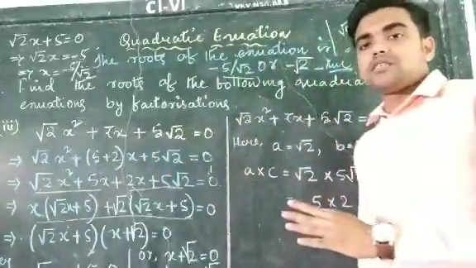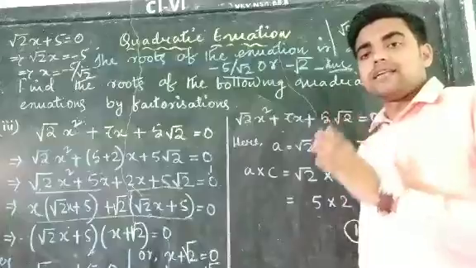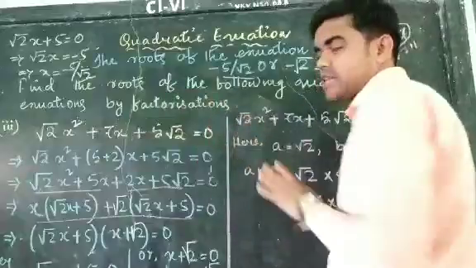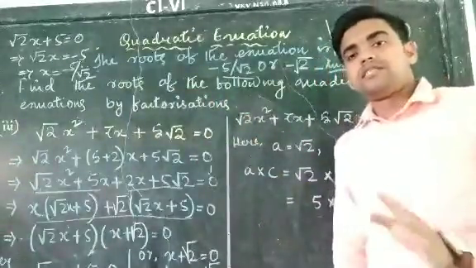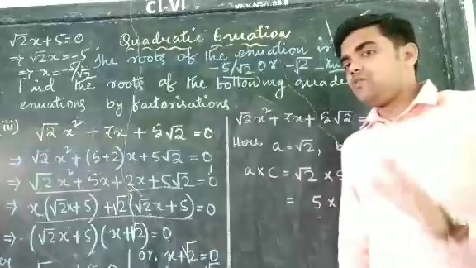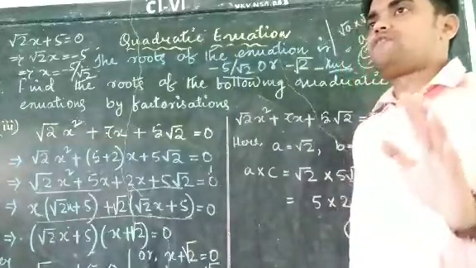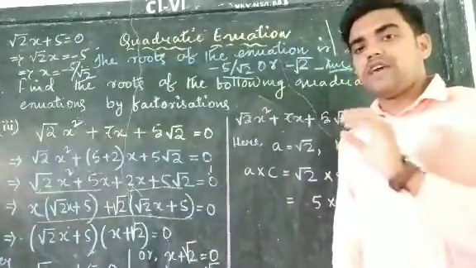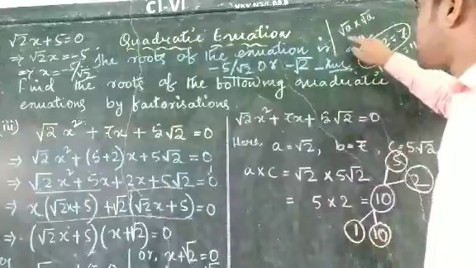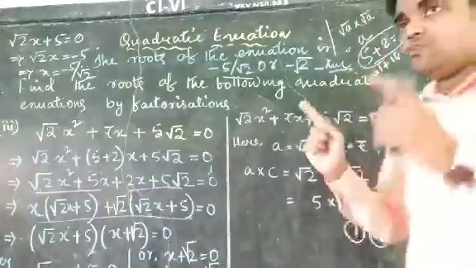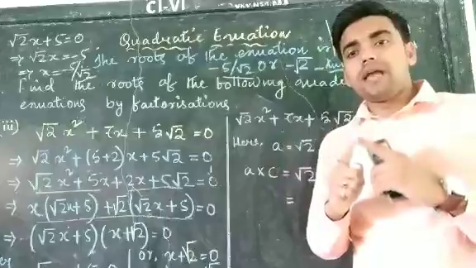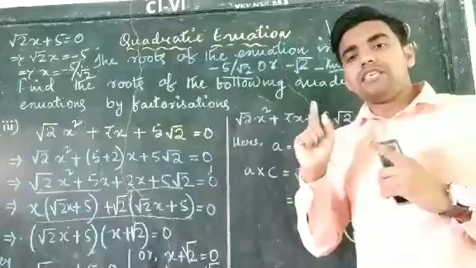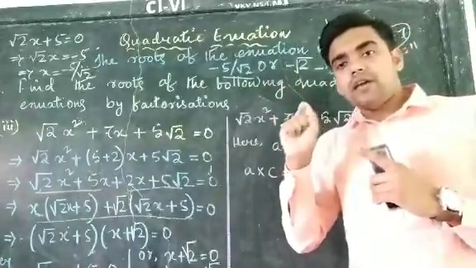So this is the process to find the roots of quadratic equations. Why did I solve this equation? Because a root term is there, but it is not very difficult. The same method we can apply, and we have to find the roots of the quadratic equation. So if a root term is there, do not get confused, it is very easy. When you multiply, remember one thing: when you multiply two root terms, the answer will be inside the root, and the root will be removed.